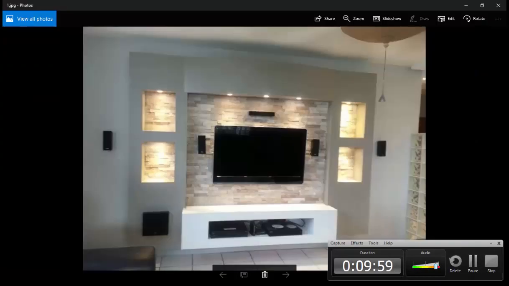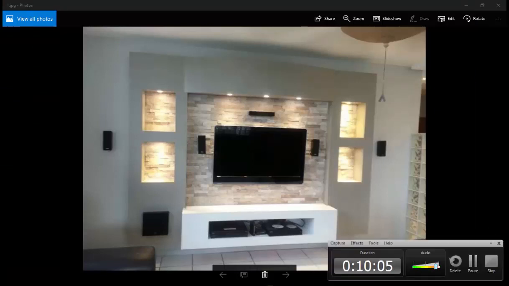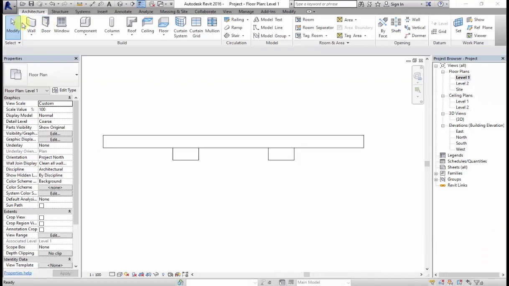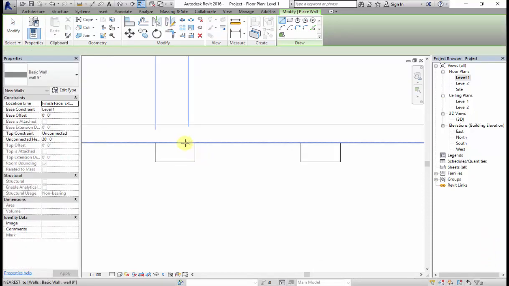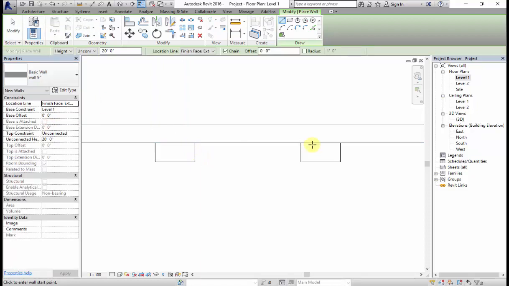Okay, so next, the next part I'll draw this portion. Again I'll go to my file. Now here again I'll take a wall of 1 feet 3 inches and I'll draw a wall over here.